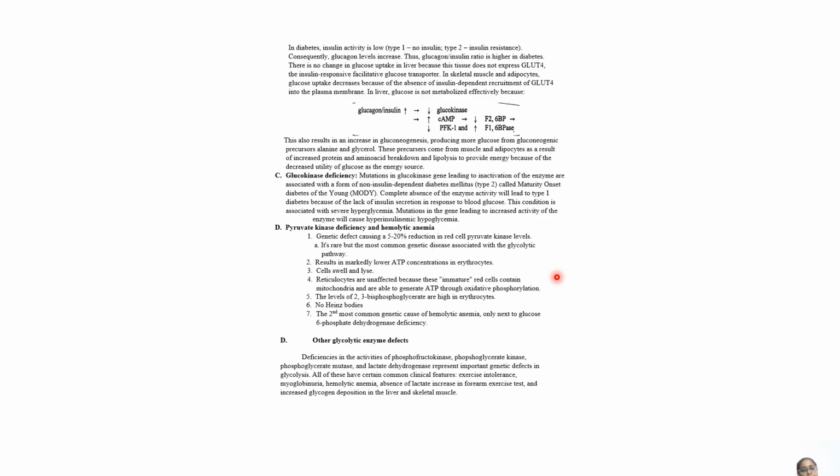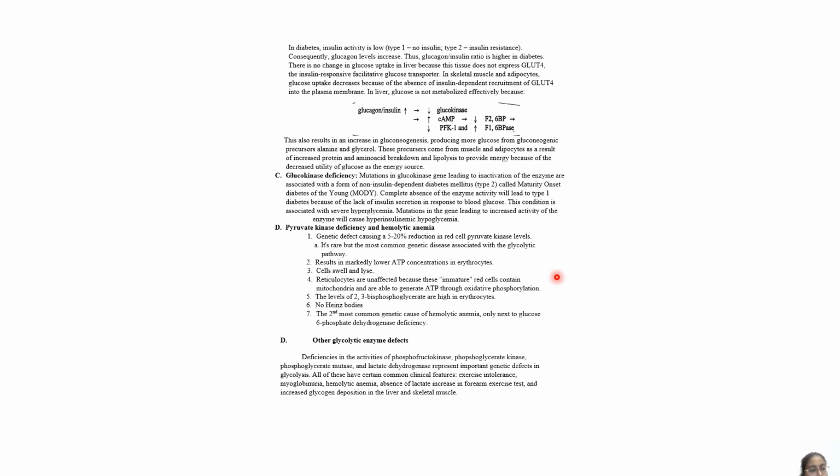In case of diabetes, insulin activity is low. Consequently, glucagon levels increase. So the glucagon to insulin ratio is higher in diabetes. There is no change in glucose uptake in the liver because this tissue does not express GLUT4, the insulin responsive facilitated glucose transporter. In skeletal muscle and adipocytes, glucose uptake decreases because of the absence of insulin-dependent recruitment of GLUT4 into the